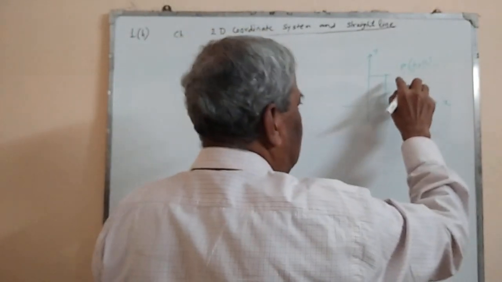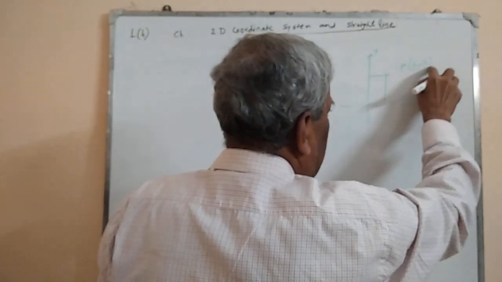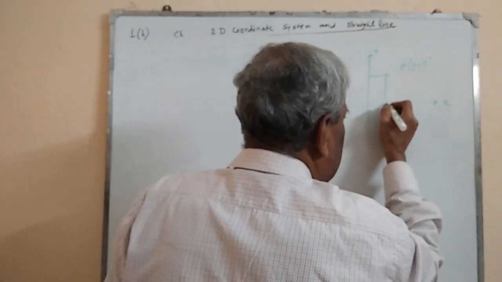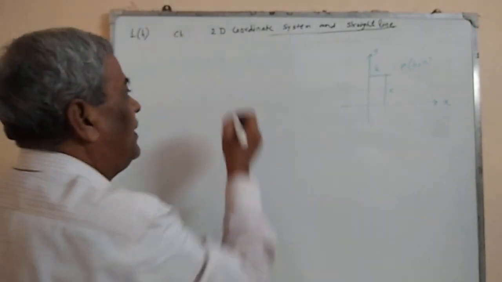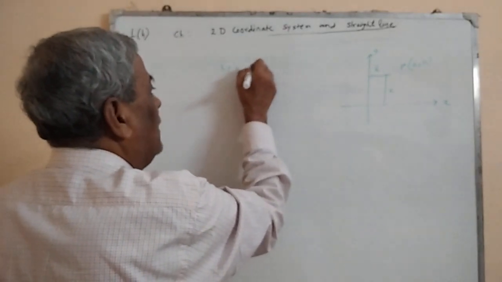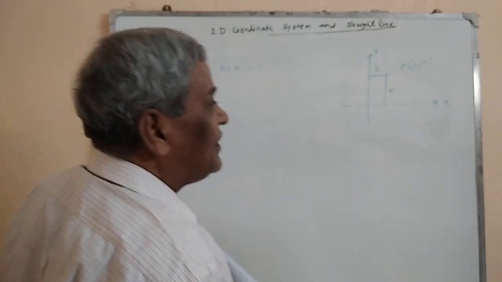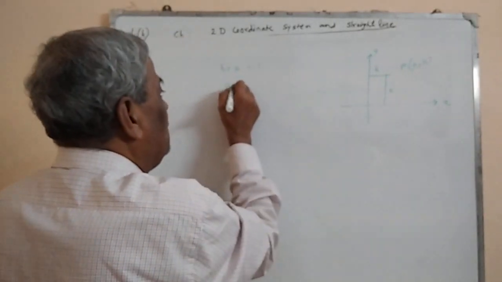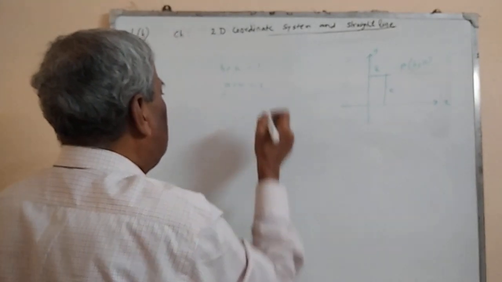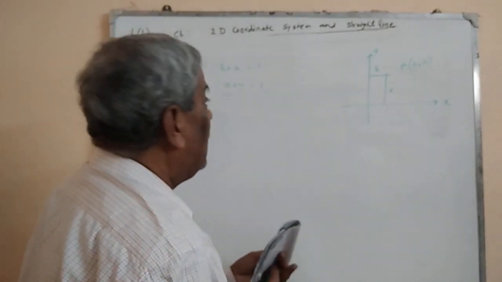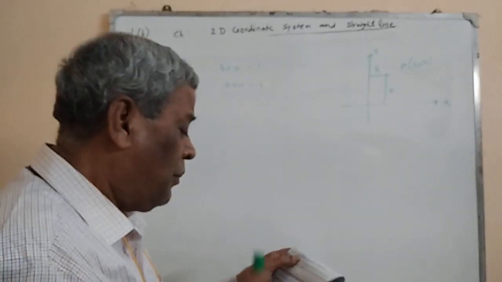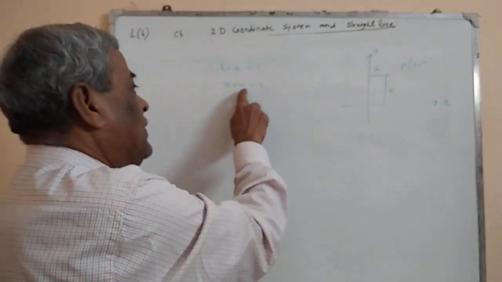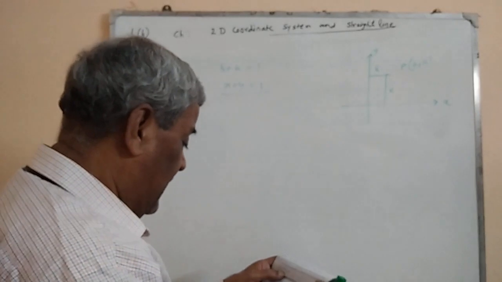We are given that P is h, k. So actually this is h and that is k. Therefore we are given that h plus k is equal to 1. So locus of P h, k is x plus y is equal to 1. Therefore the locus of that point is a straight line. Options are circle, straight line, parabola and hyperbola. So this x plus y is 1 means it is a straight line. Next problem.